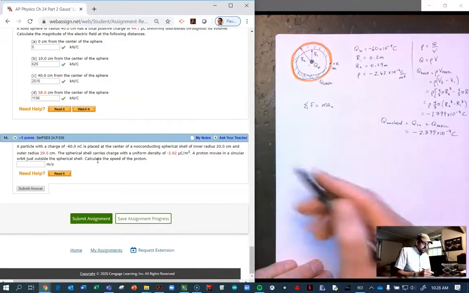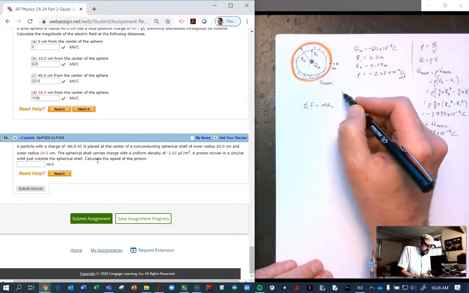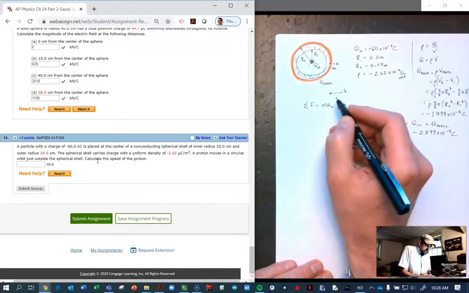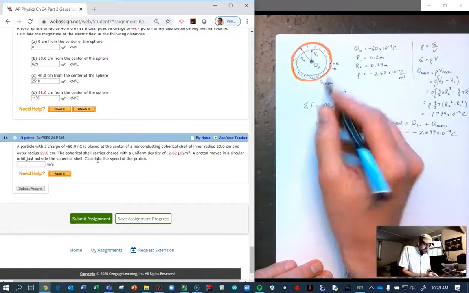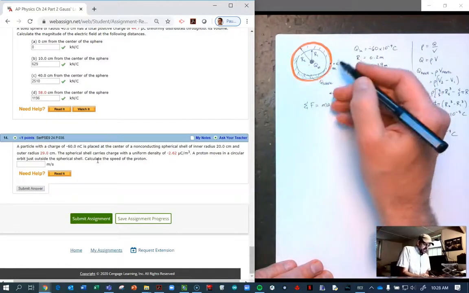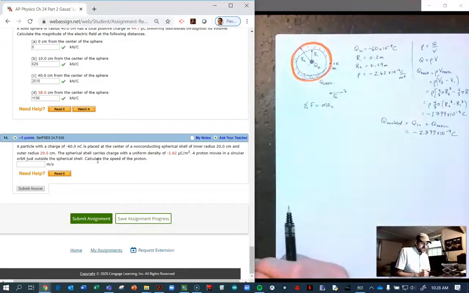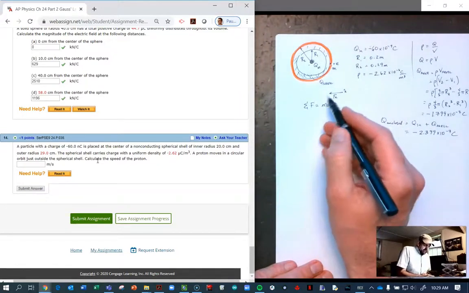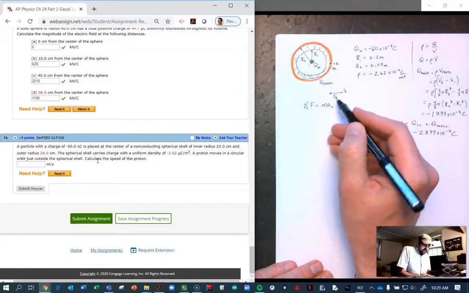And there's only one force acting on that proton. That force pulling it in toward the center is the electric force, due to the interaction of the proton with all these negative charge distributions to the left of it. So there's only one force. So this is Fe,